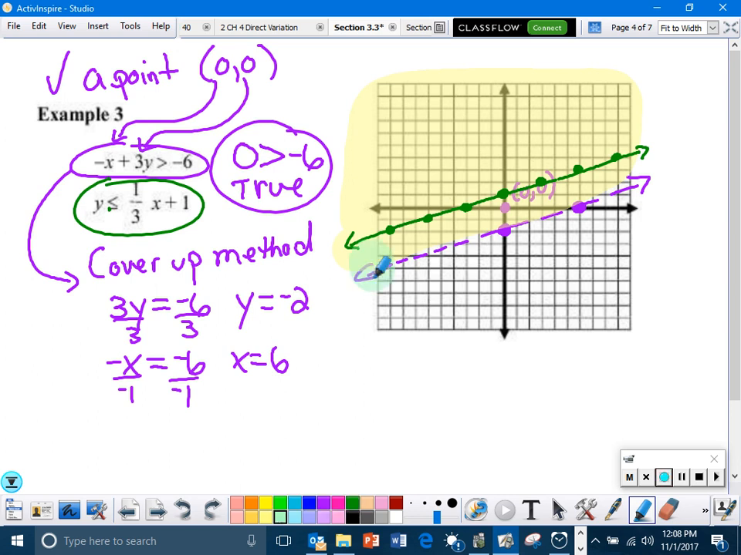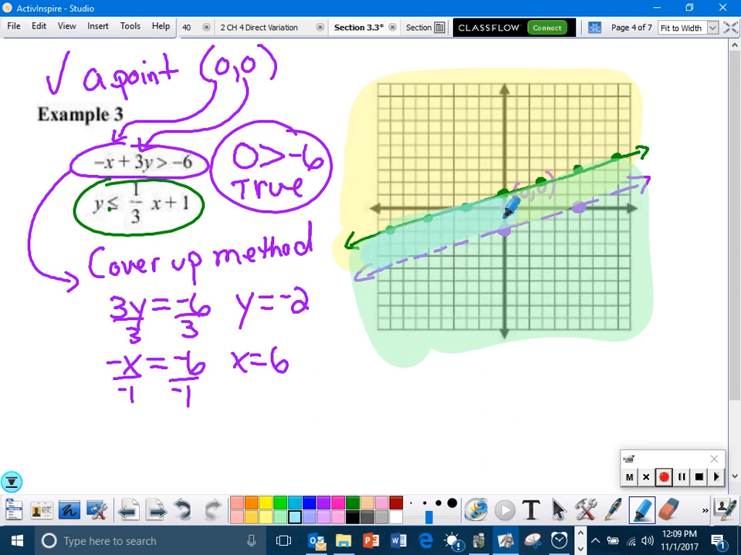So when I shade below the green line, I notice there is an overlapping part. The overlapping part for this one is right down the center. Okay, right here. So that is the region that is the solution to this system of inequalities. All right, so that's it for chapter 3.3. We're going